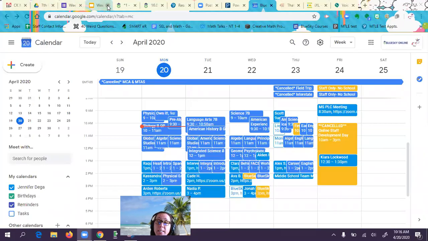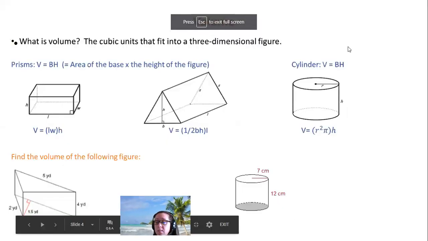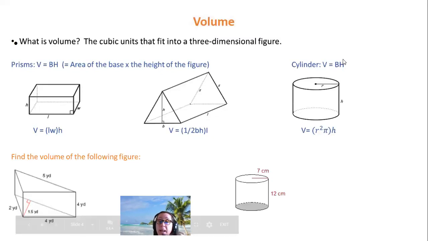And it's kind of nice. I really, really like dealing with volume because it's a formula. That's all. Now, what's tricky is you got to figure out what the base is, what shape the base is. So, guys, it's not too bad with a prism. Literally, for a prism, all we're doing,